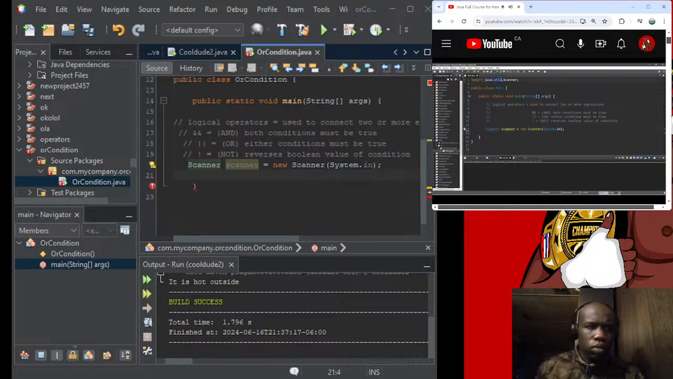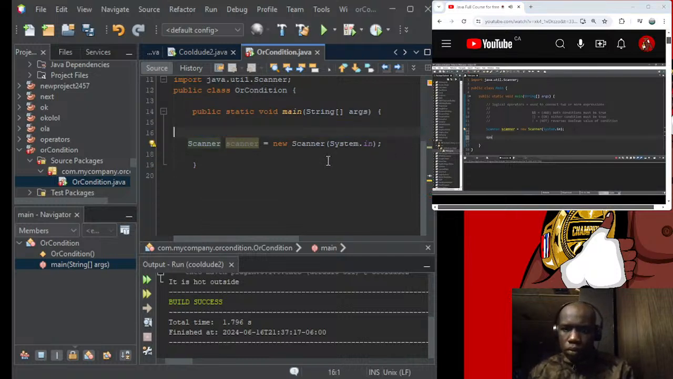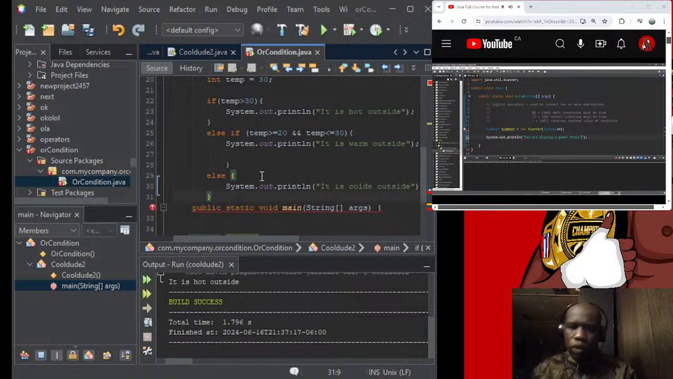Import java.util.Scanner. So we will ask the user if they want to quit the game, and in order to do so, you have to press either lowercase q or uppercase Q, but we'll need a prompt first. You are playing a game. Press lowercase q